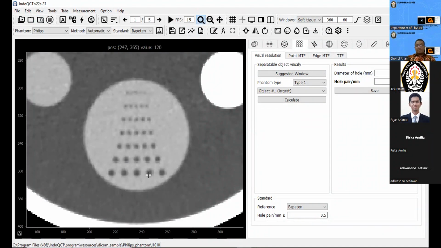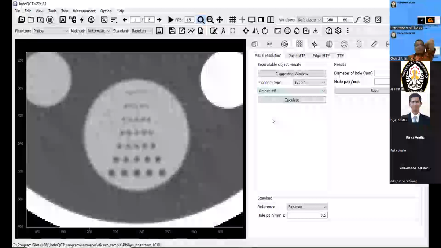Number 1, of course, can be separated. Number 2, 3, 4, 5, 6, 7. Can you separate the object number 7? Okay, maybe number 6. Yeah. Maybe number 6. Okay, and then we choose object number 6.